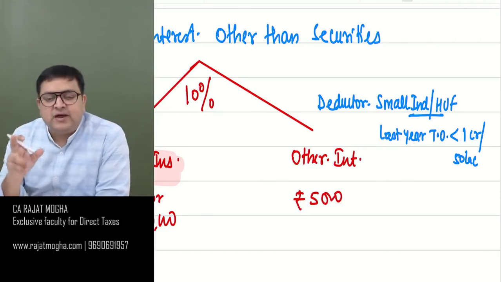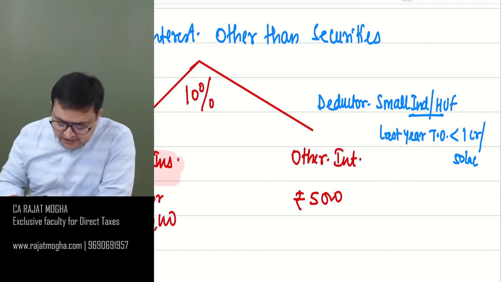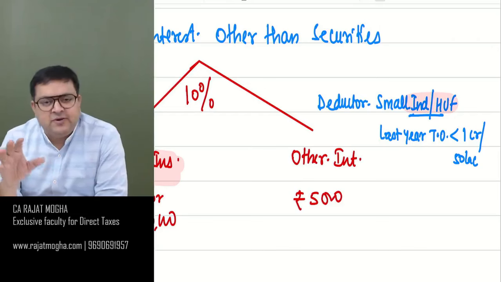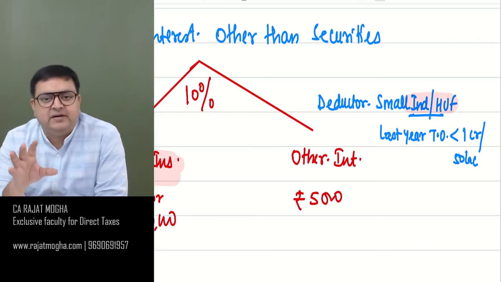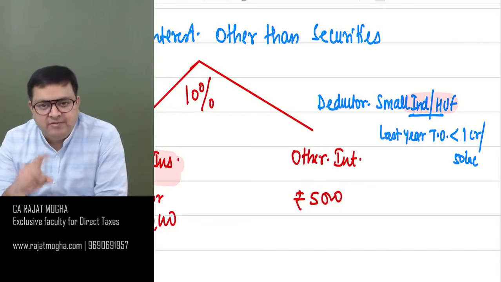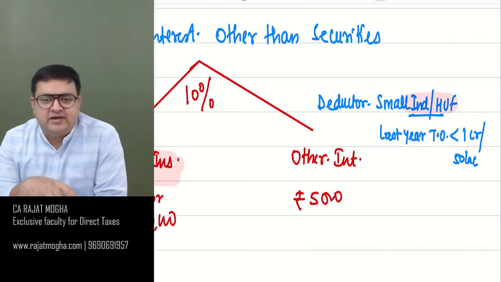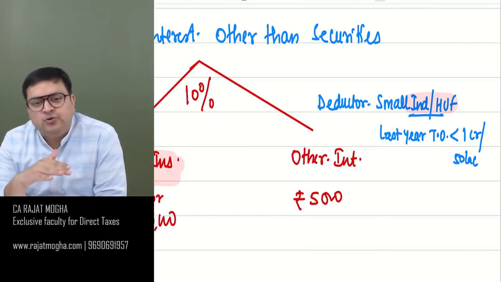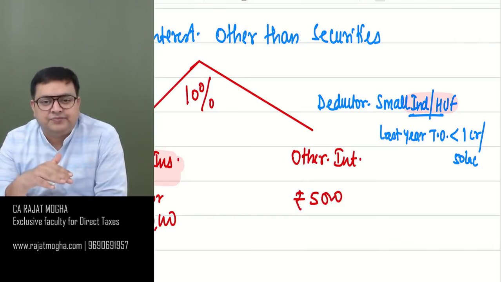Guys, I will see turnover only in case of an individual or HUF. I'm repeating: if it's a company, I will not look at their turnover. They are big or small, doesn't matter. If it's a partnership firm, their turnover doesn't matter. Only in case of an individual or HUF does it matter what the turnover of the last year was. So if it is a small individual or HUF whose turnover the last year is up to 1 crore, not more than 1 crore,